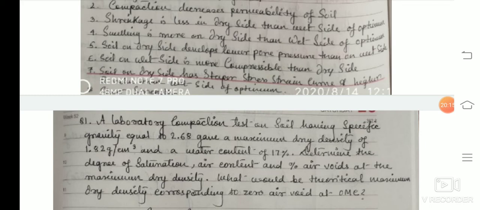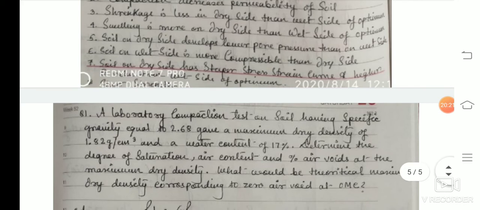Next, we are coming to the stress-strain characteristics. A particular type of soil which is compacted on the dry side of optimum mainly has a steeper stress-strain curve and hence has a higher modulus of elasticity than the same soil compacted on the wet side of optimum at the same density. Normally, the soil compacted on the wet side of optimum shows more ductile behavior, while the soil compacted on the dry side shows higher brittle failure.